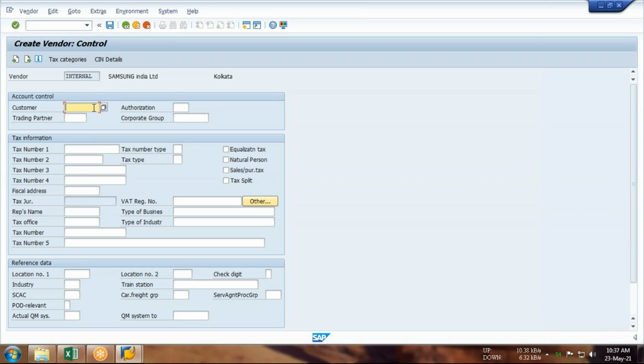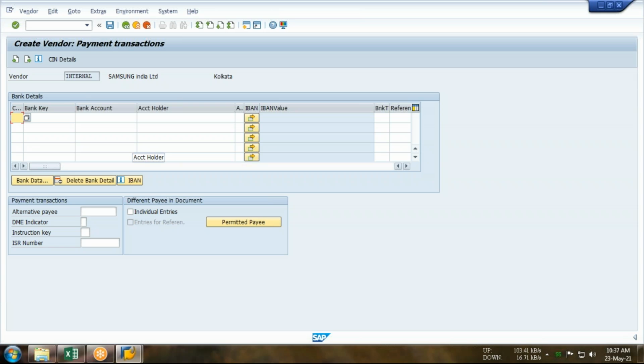Whatever vendor we have, if I am going to buy anything from him and we are selling anything to them, then only you should maintain this, or else this second page is entirely optional. Okay, in the third page you have to maintain the vendor bank details.